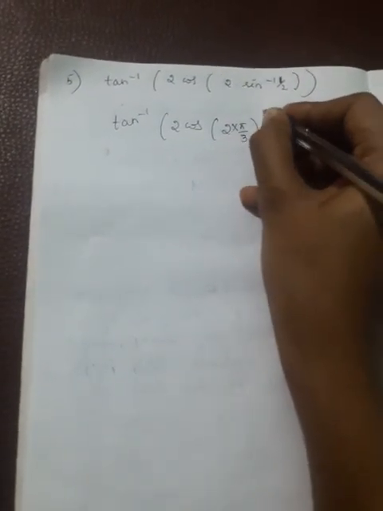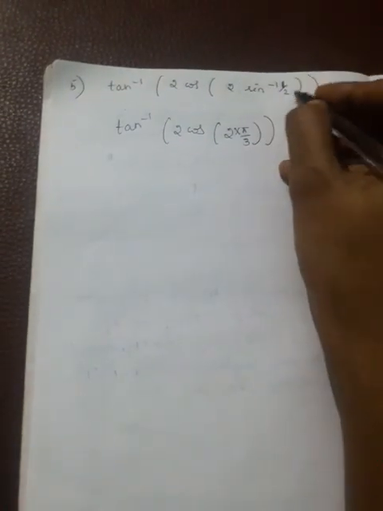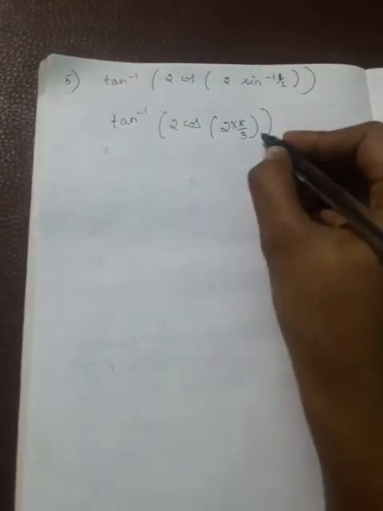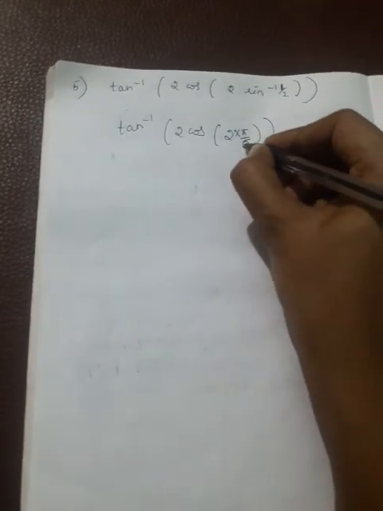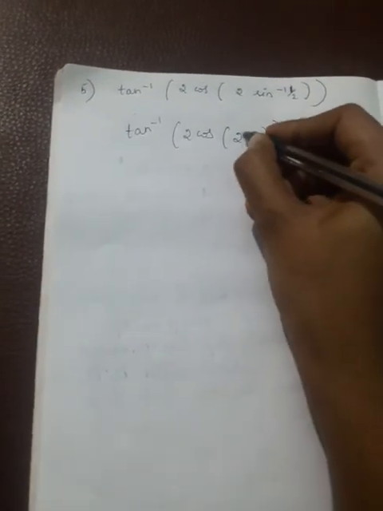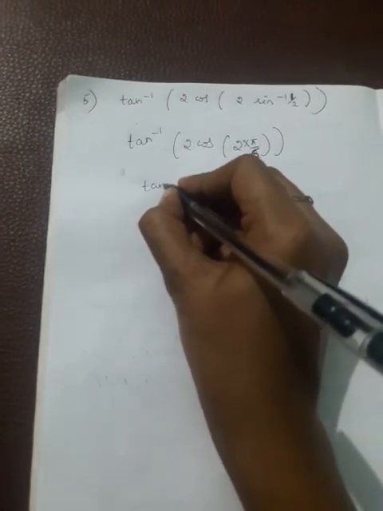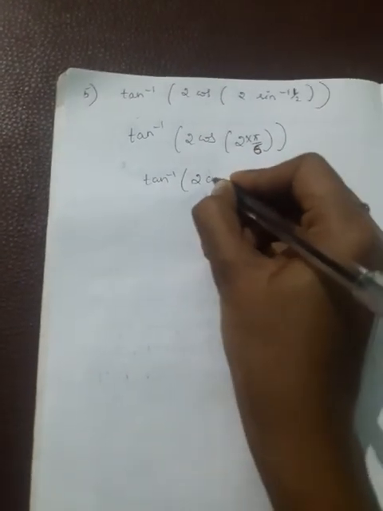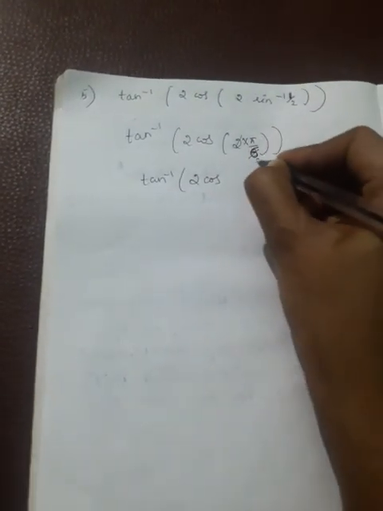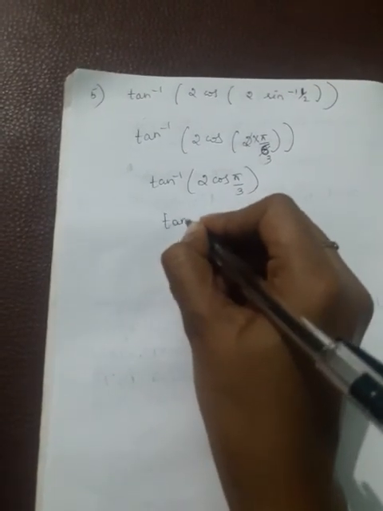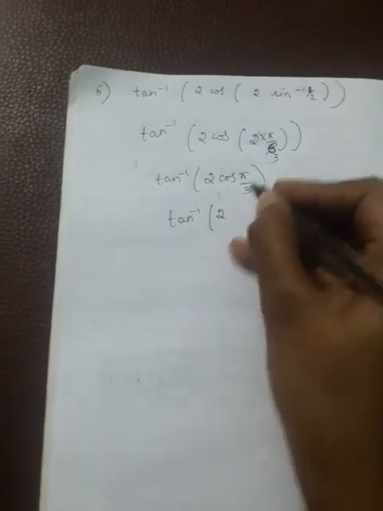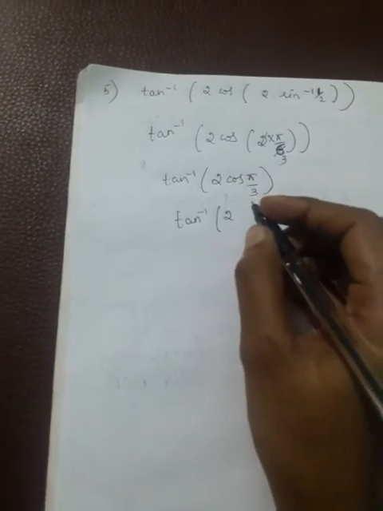Sine 30 is equal to 1 by 2, therefore sine inverse of 1 by 2 is equal to pi by 6, that is pi by 6. That implies tan inverse of 2 times of cos of 2 ones are 2, 3s, that is pi by 3. That implies tan inverse of 2 times of cos pi by 3 value is